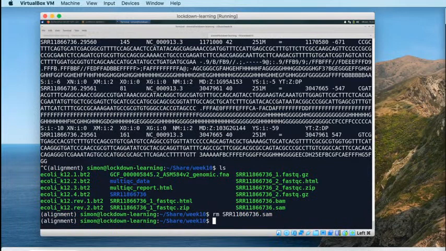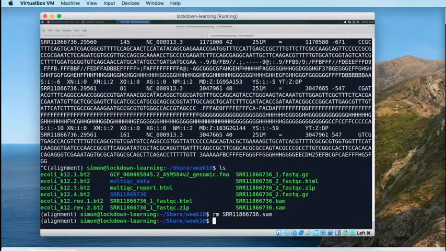Now I'm just going to take a little bit of a diversion and talk about why these tools that I've been talking about very recently, particularly Bowtie and SAMTools, produce their output to standard out, and how we can use that in nice, meaningful ways. So let's take a look at the